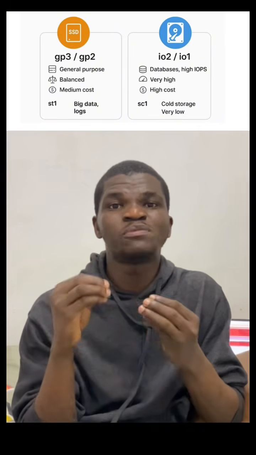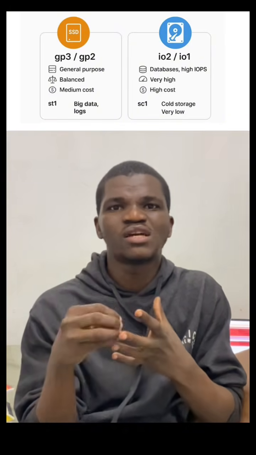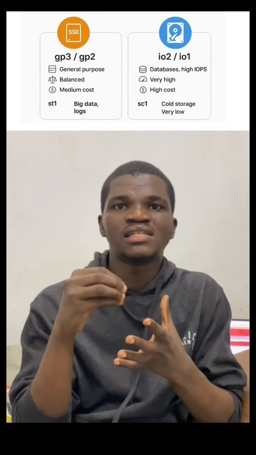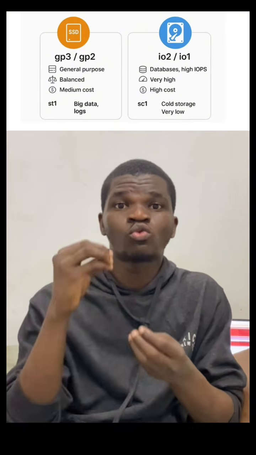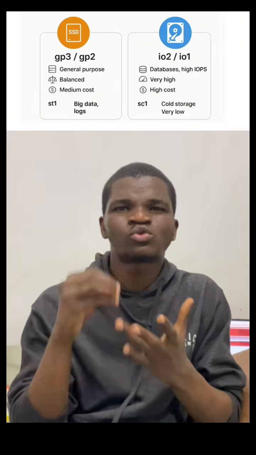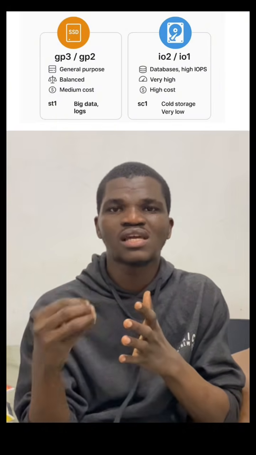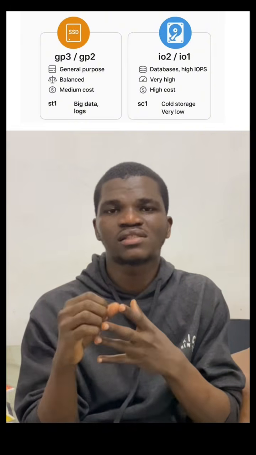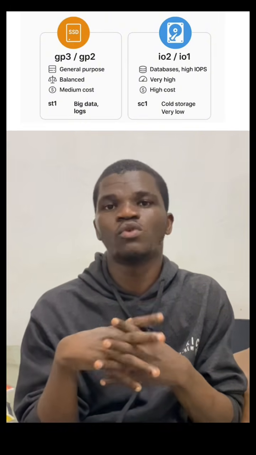So these are the kind of EBS volume that is usually attached to the web server of those platforms I've mentioned. And the reason this kind of EBS volume is attached to them is because they have the ability to act fast, to make the EC2 server perform better, and to give them the required thing that they need on time without wasting much time. So they are mostly after high frequency. You understand? So they mostly use it when they notice that the particular platform they are trying to build requires high performance. So they use this kind of EBS volume to do